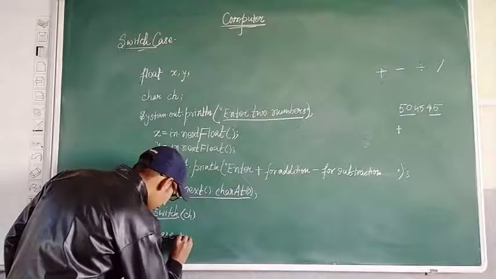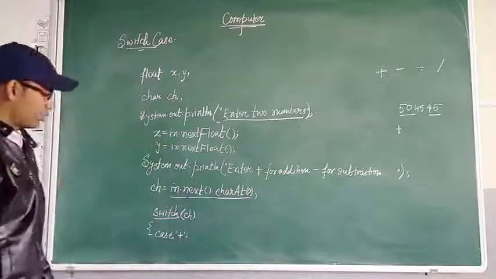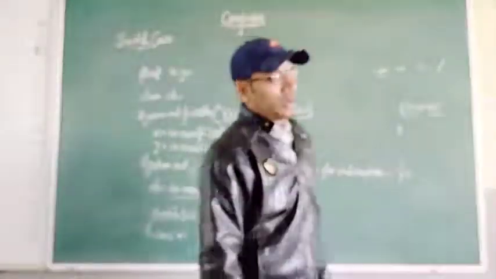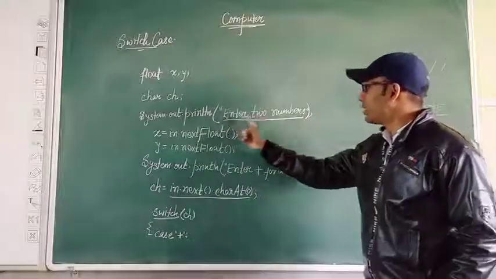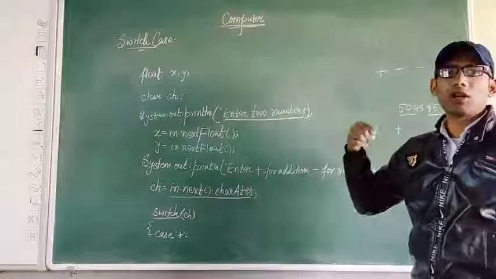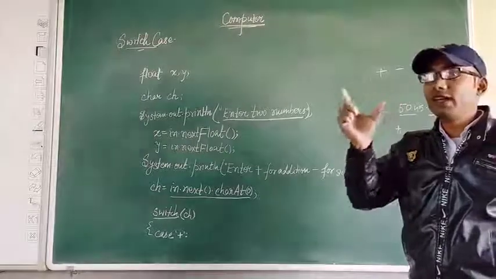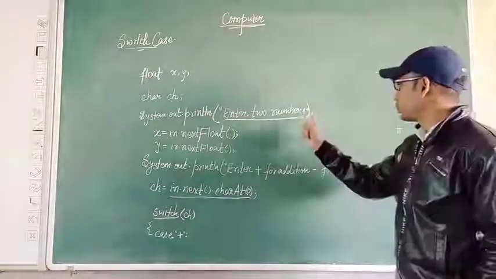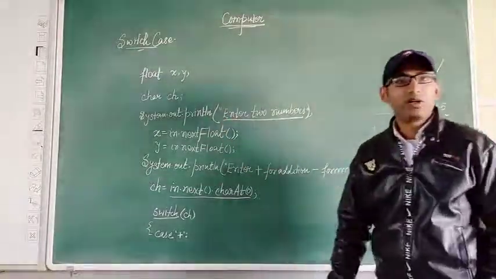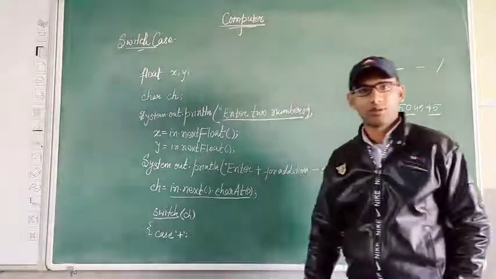Case is plus sign. Since this plus sign is a single character, and these things are completely aligned, for words or lines we use double quotes. Let's suppose you want to display a complete line. If you want to display a complete line, you are supposed to utilize double quotes. But if you want to display a single character, then single quote. Is that clear?